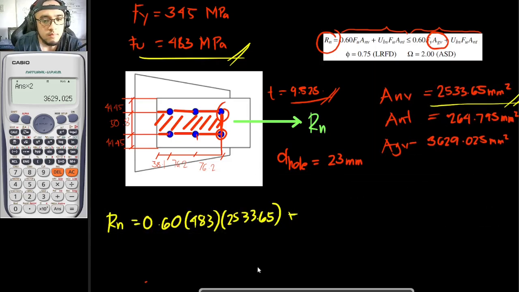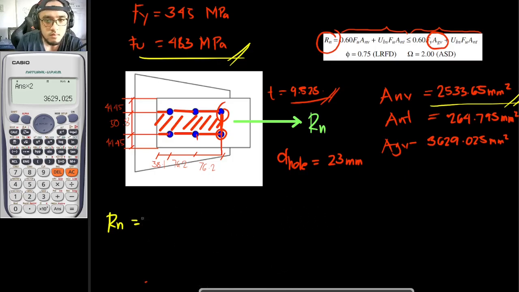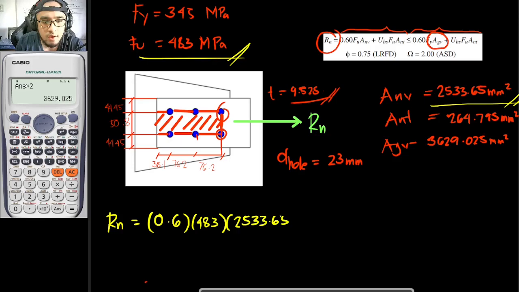So let's redo. Rn is equal to 0.6 times FU of 483 megapascals times A and V, which is 2533.65